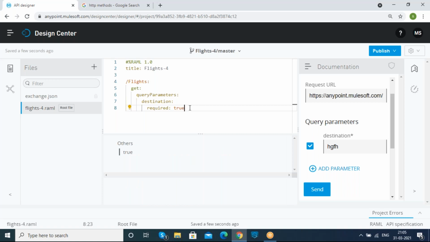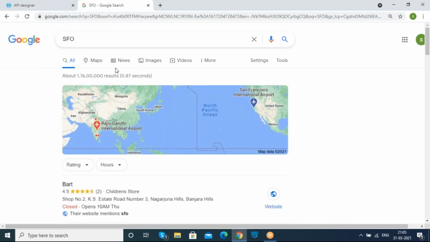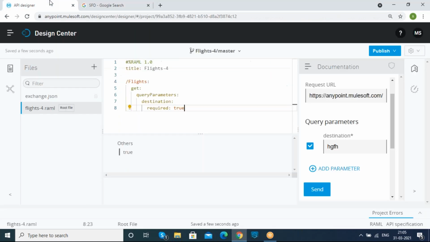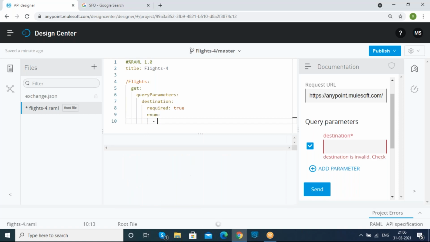And the API we are designing here is a basic API. So I don't want to provide it as a Google search engine. Google is a big search engine connected to a large database server, so it can fetch any data. But here, the API we are designing is a basic API, so I don't want to provide a search box for the users. I just want to provide predefined parameters, like only these destination flights are available. If you want to book a flight ticket for these destinations, you can book it. And for providing the predefined parameters, we are just going to use the enum.